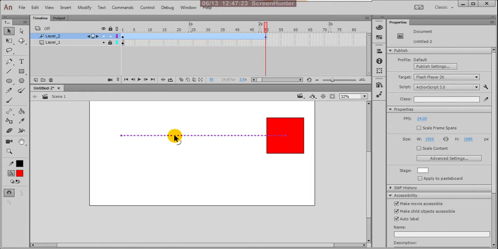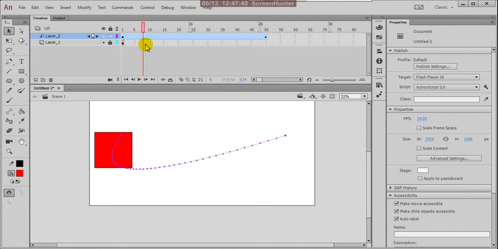Now there is a curvy selection. This is the selection tool, a curvy selection tool. At that area you can drag this. You can drag this, and now you can play this and check what is happening.